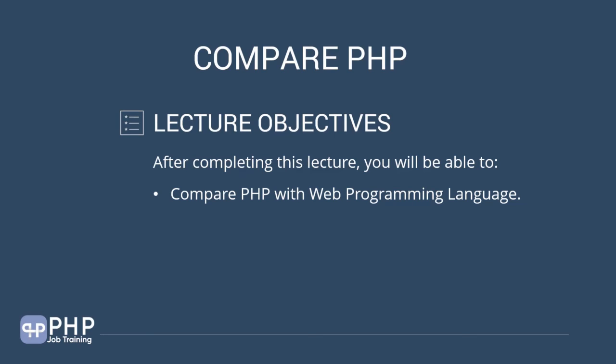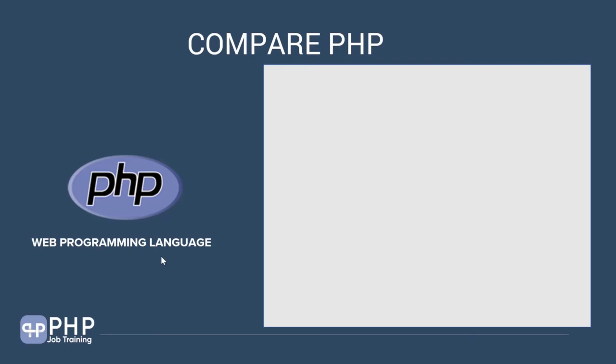So let's look at the differences now. On the left hand side, you have the PHP web programming language. By now you should know what PHP is, what PHP can do, and how PHP actually works in the web. There are other languages like PHP which can do the same job. To simplify what PHP can do, PHP can talk to a database, and PHP can access any files. It can generate dynamic data on the fly, and PHP typically runs at the server interpreting PHP code into HTML code. All these things and many others like cookies and sessions and security can be done by other web programming languages as well.